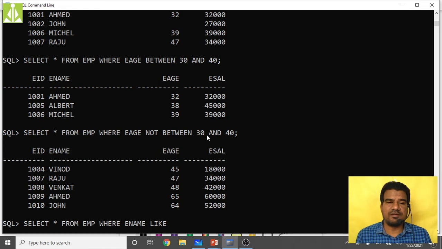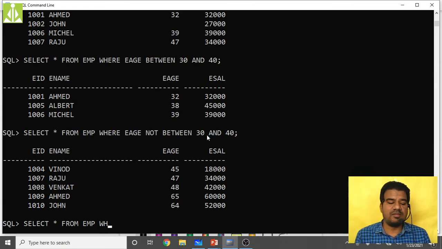Select star from emp where ename like A modulus. That modulus will ignore all the characters, 0, 1, 2 or more, and it will only look for the first character, which should be A in your employee name. After that A, whatever characters you have, it will simply ignore.